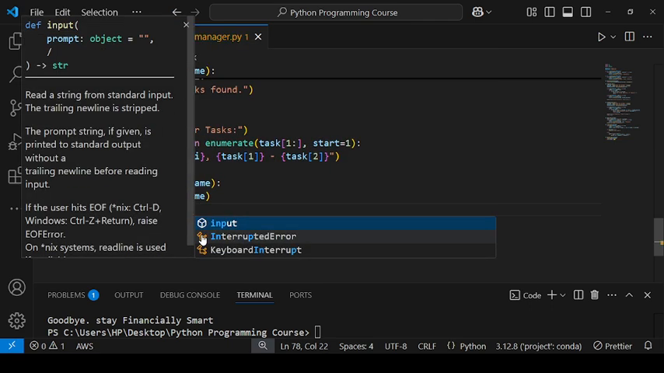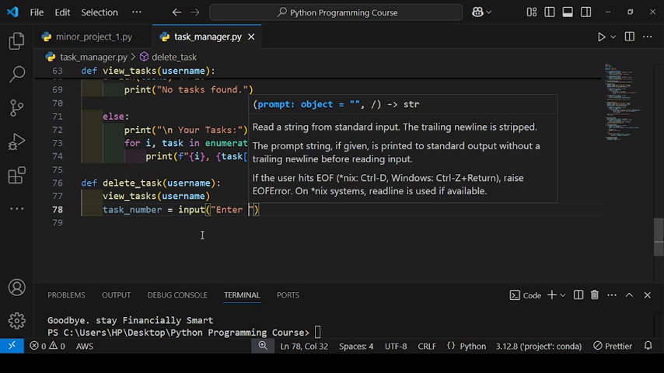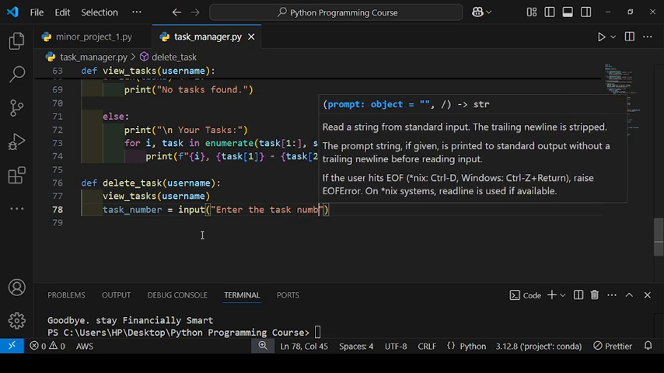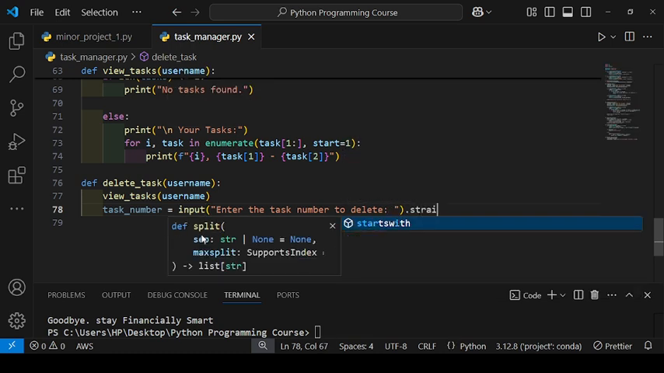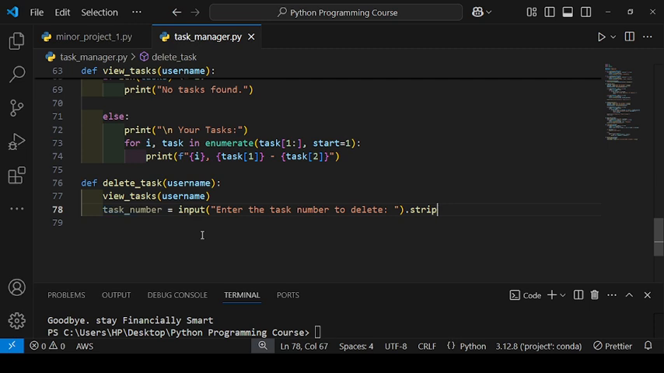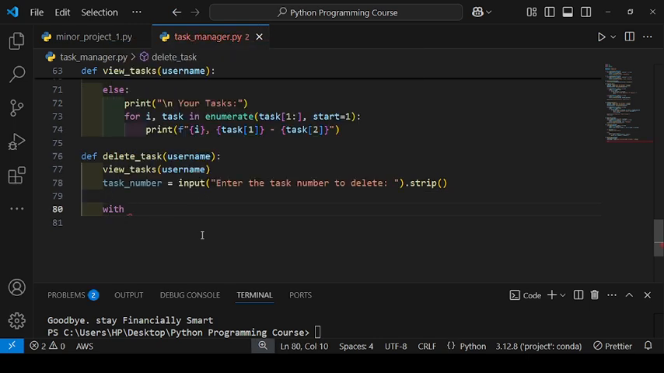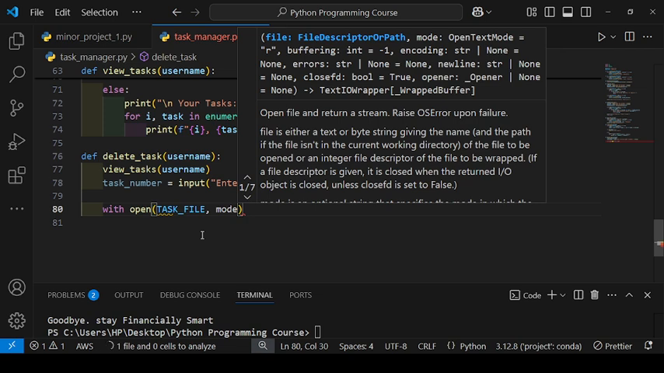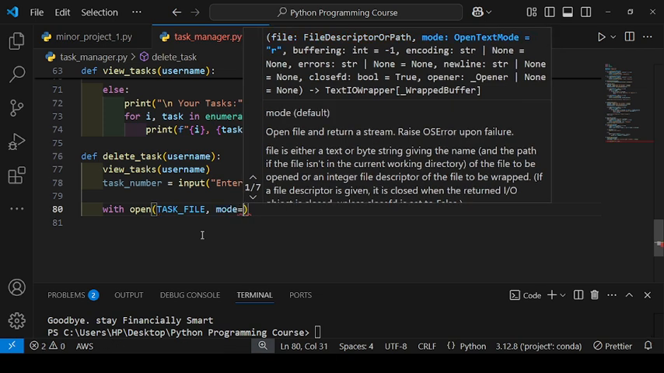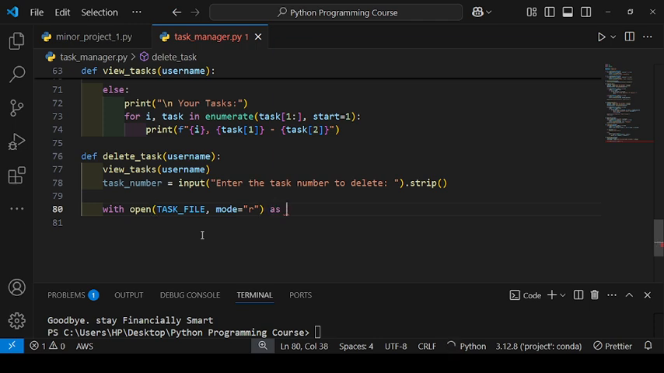I will write here input, enter the task number to delete. Okay, this part done. Then I use strip to remove the white space. After that I open the file, task file, then I will write here mode. We need to see a task file in read mode, and I will write as file,